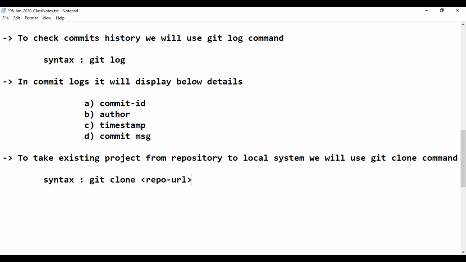Whenever you join a project and are going to work with Git, this is the first step that you are going to do. If the project is already available, you don't need to create the project once again. You just need to clone the existing project from the repository to your system. Git clone. Are you clear with this? Now look at the diagram.